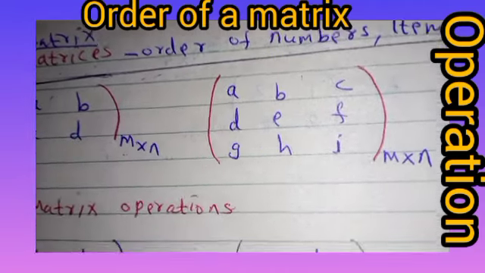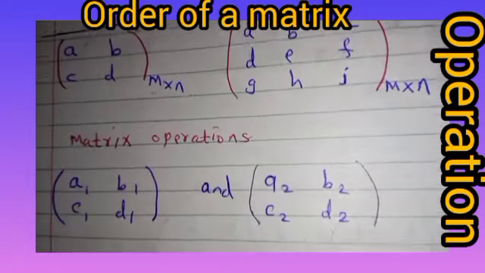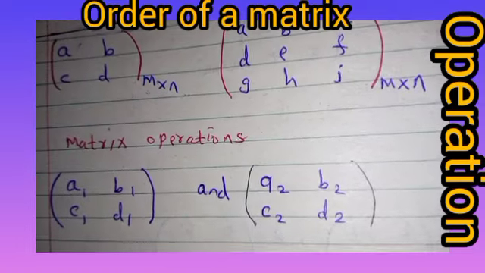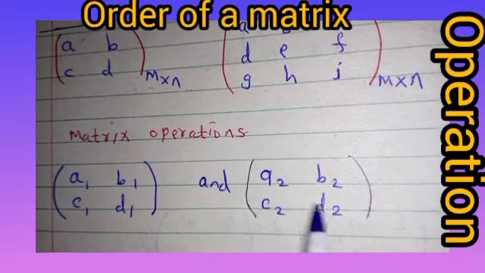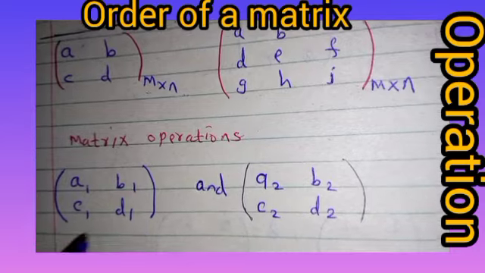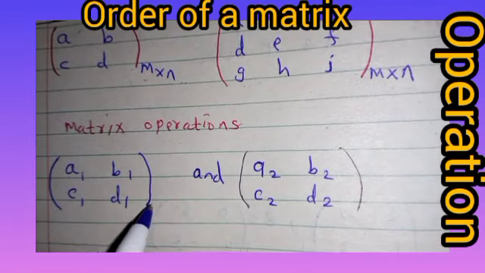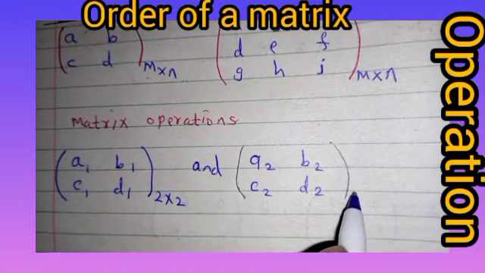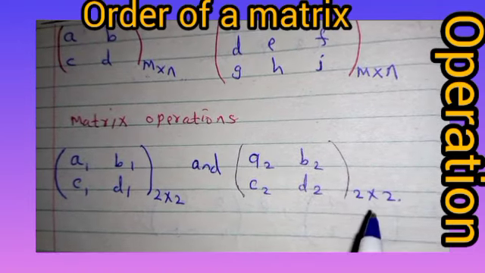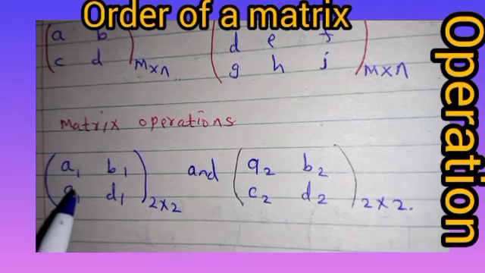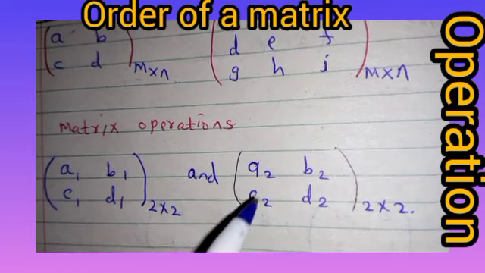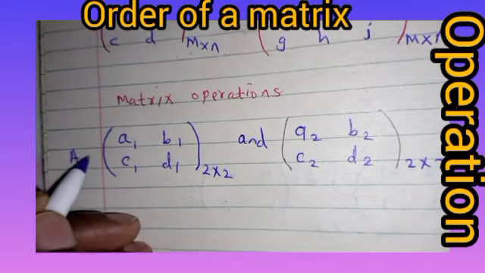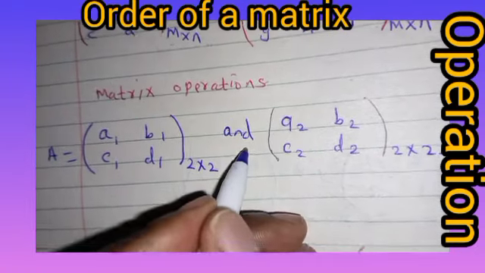Now, matrices, just like numbers, can be added and also subtracted, provided the order is the same. For example, here we can add these 2 matrices because this is a matrix of order 2 by 2, and this other one is also a matrix of order 2 by 2. So each has 2 rows and 2 columns. If you call this matrix A, and this other one matrix B,